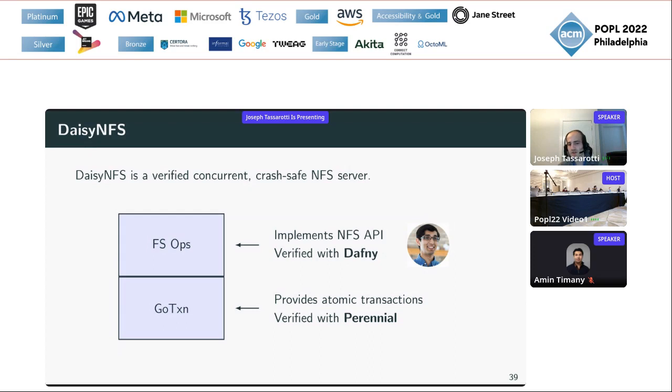So I'm going to talk today about the underpinning here, because that's the part that was verified with Perennial. But the overall system is pretty cool. And if you're curious about the details, find Tej. I think he's in the workshop. So yeah, make sure to follow up with him. Okay, so